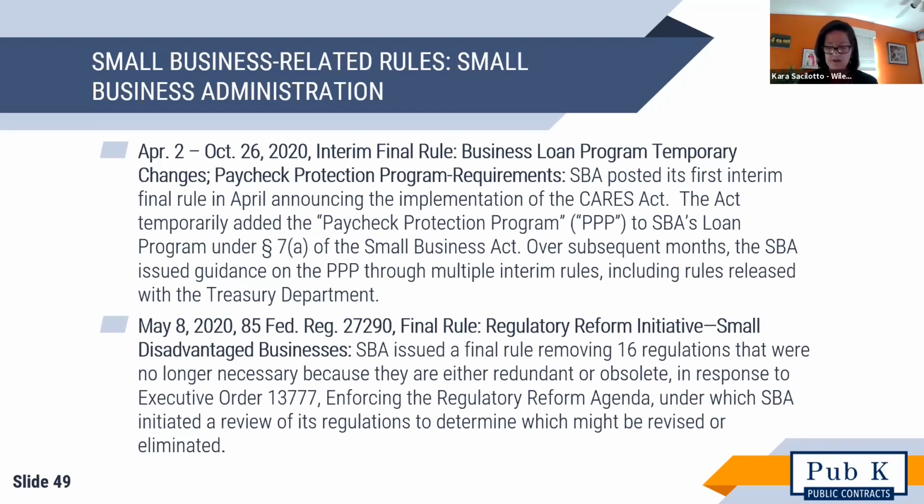The second bullet relates to a final SBA rule that is an omnibus cleanup of numerous prior SBA rules in response to Executive Order 13777 from the prior administration, which, as David will discuss, has now in fact been revoked. In response to that executive order, which was essentially to have fewer regulations, SBA reviewed its rules and removed those rules that were redundant and some that were no longer operative because of changes in the law regarding the small disadvantaged business program. Let's go to slide 50, please.